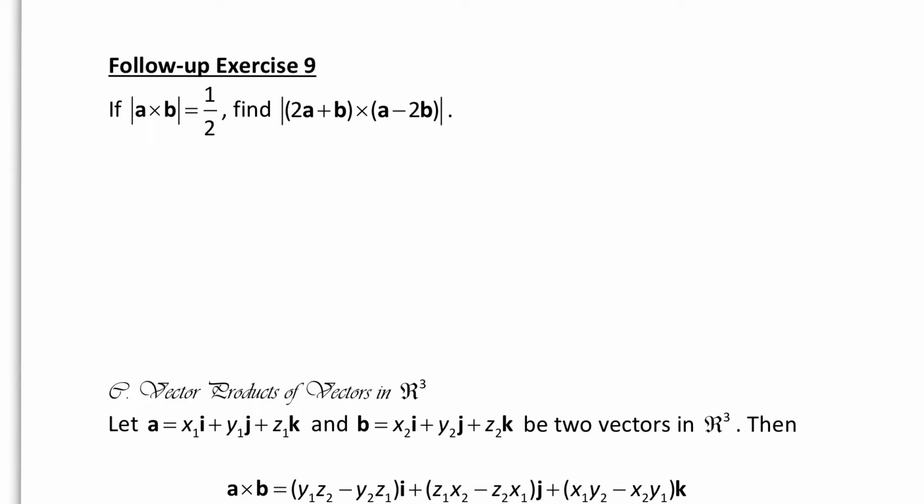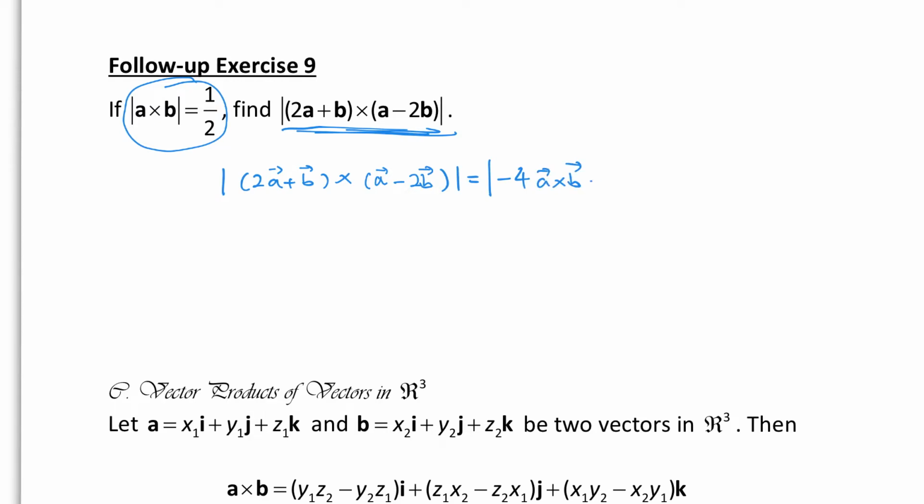Okay, find the magnitude of this part. The given information is the magnitude of A cross B is equal to 1 over 2. So let's see how we can simplify this, just like the previous example,